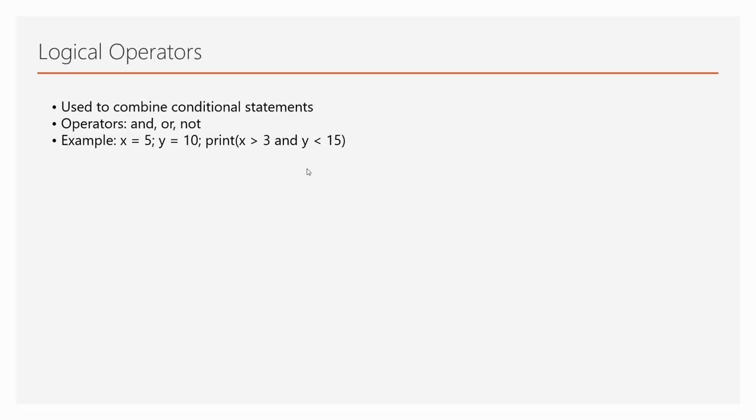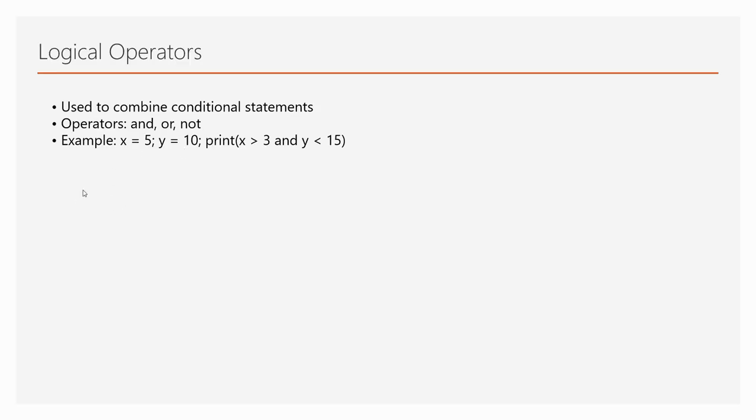Let us go ahead. Logical operators. Now they are used to combine conditional statements. Okay, so they are useful when we have different conditions. The and operator returns true if both the conditions are true, and the or operator returns true if at least one condition is met. So for and, if both are true. For or, if one condition is true. And the not operator will negate it, it will change it to the opposite of it. Like suppose not operator means opposite of it, it will put the negation condition.